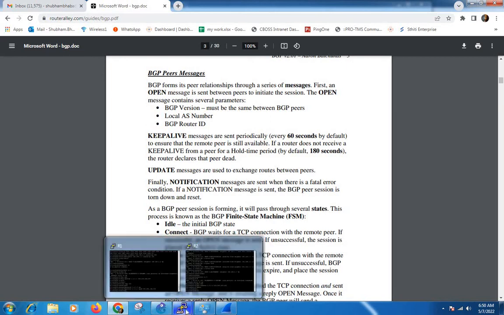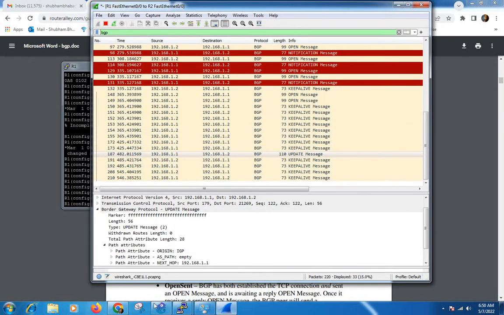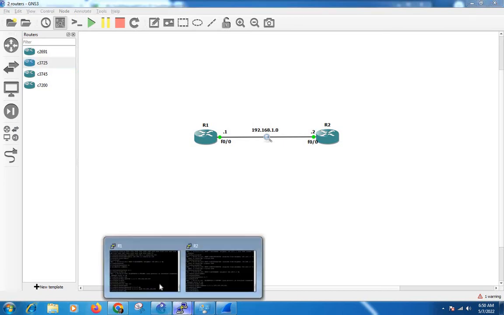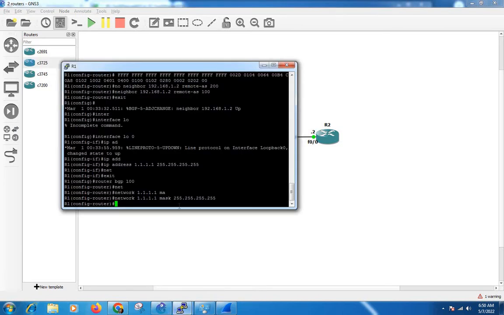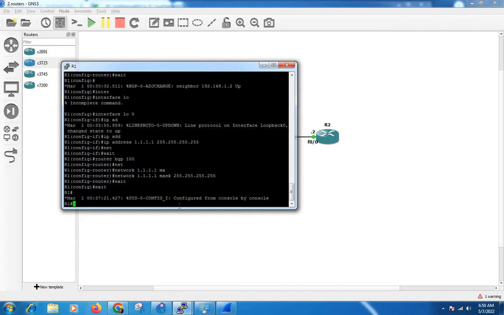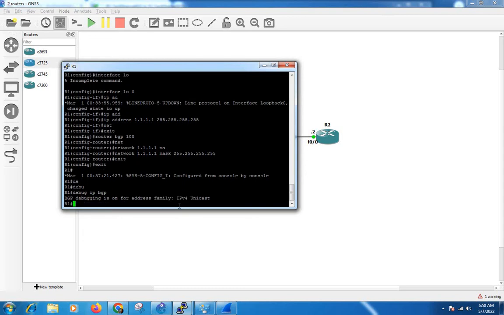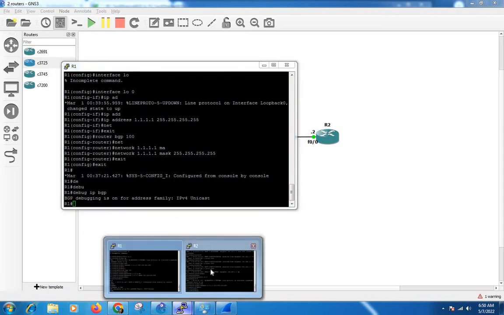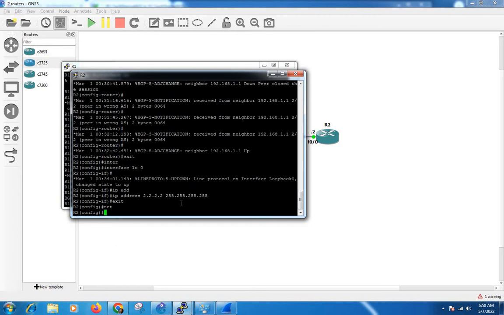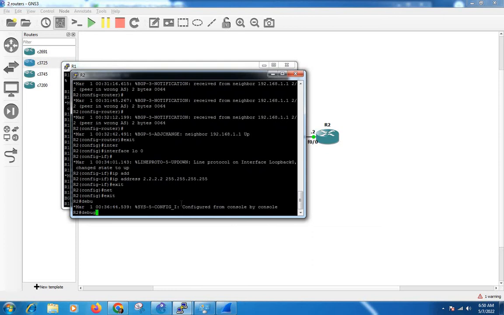Now we will see BGP states. In R1 we configure debug IP BGP, and here also we will configure debug IP BGP.